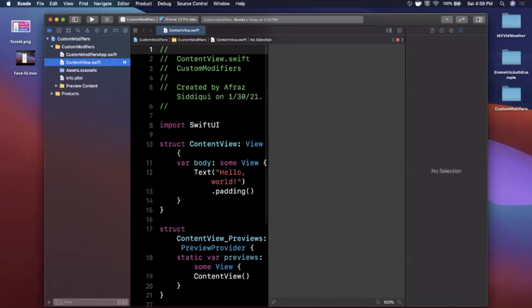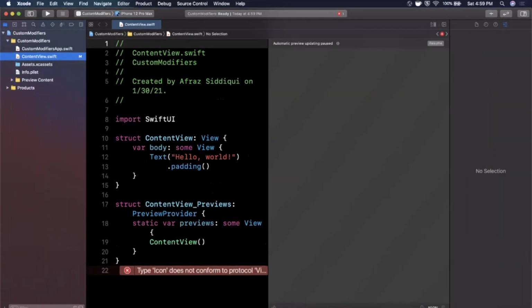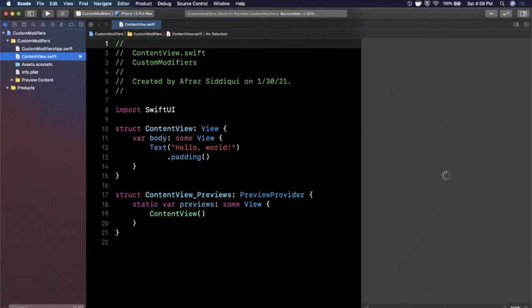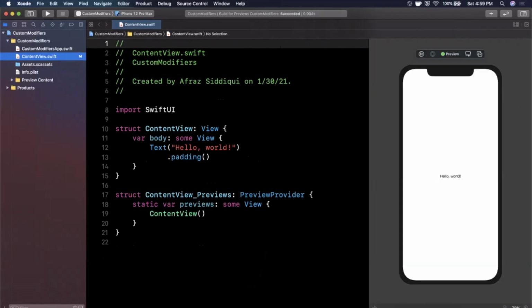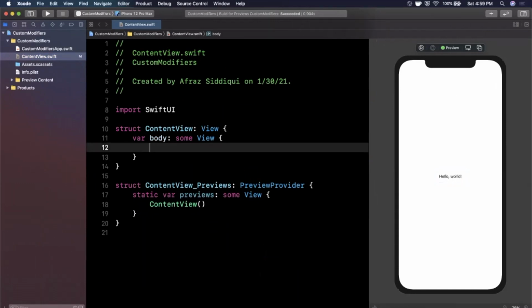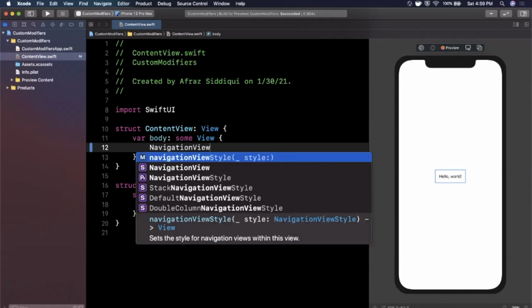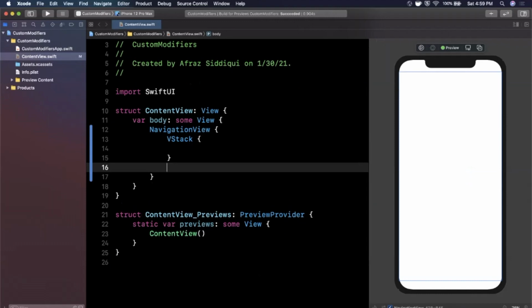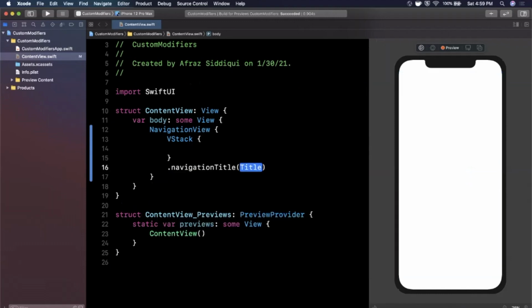First thing we're going to do is expand our window here and hit resume to load up our preview on the right-hand side. Let's go ahead and also close this up a little bit so we have more room to code. And let's do some custom modifiers. So the first thing we're going to do is in here, let's go ahead and just put a navigation view with a vertical stack in it. And let's go ahead and apply a modifier for navigation title. We're going to say custom